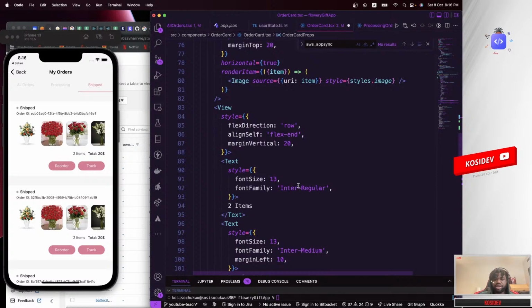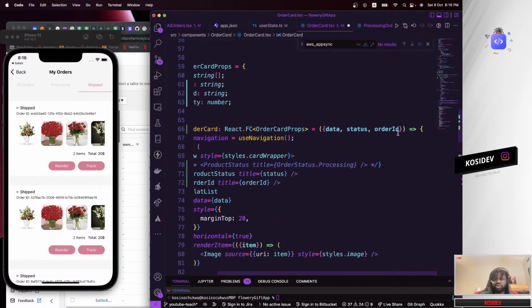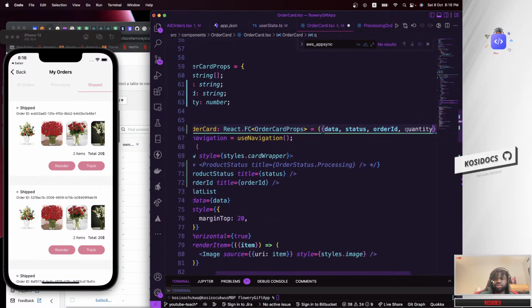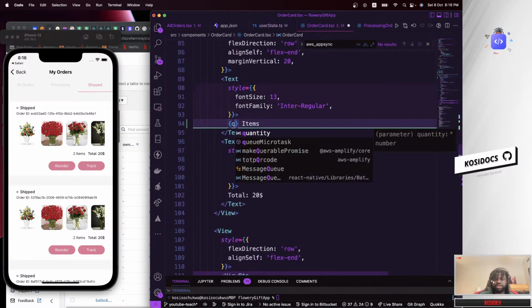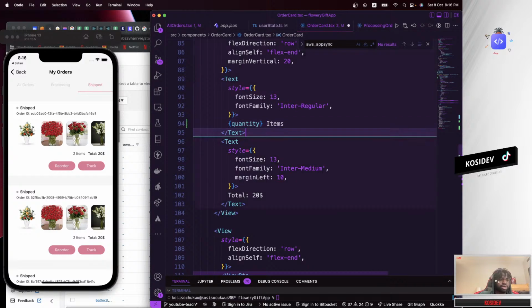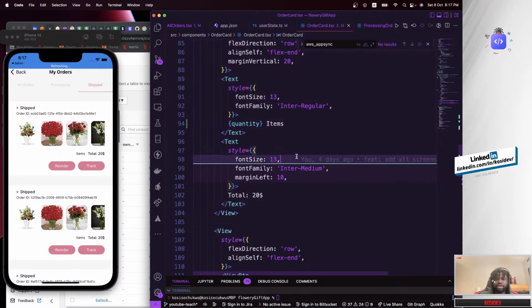We need to add that, so 2 items. We now use quantity, which I'm going to destructure and get access to here, and I'm going to pass it in here, quantity. If you go ahead and save this, you can see the quantity is no longer showing up, so we need to fix that.